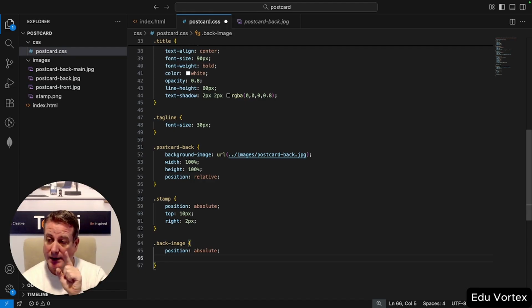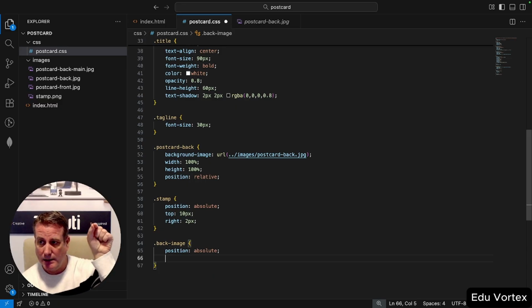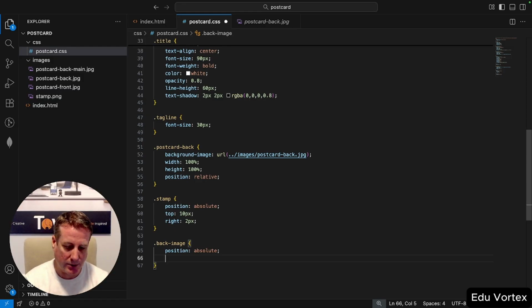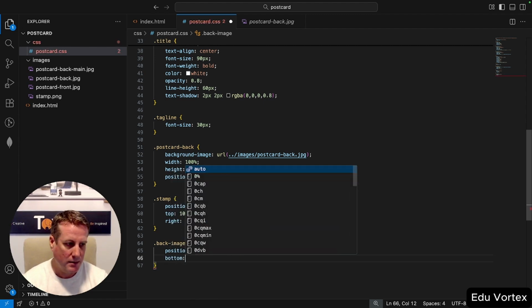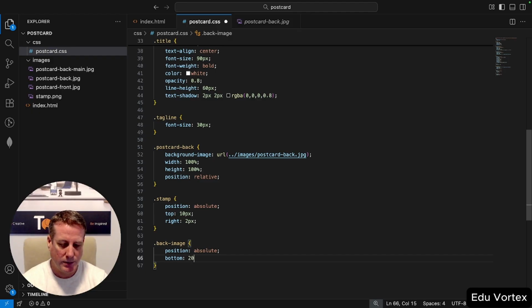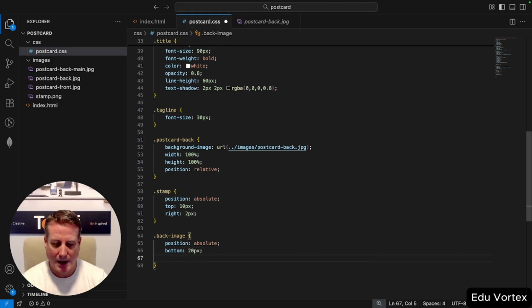Now, again, on the element, it's going to use its top left corner as its pinpoint. So it'll be the top left corner of it and then over. So I'm just going to go bottom 20 pixels and left